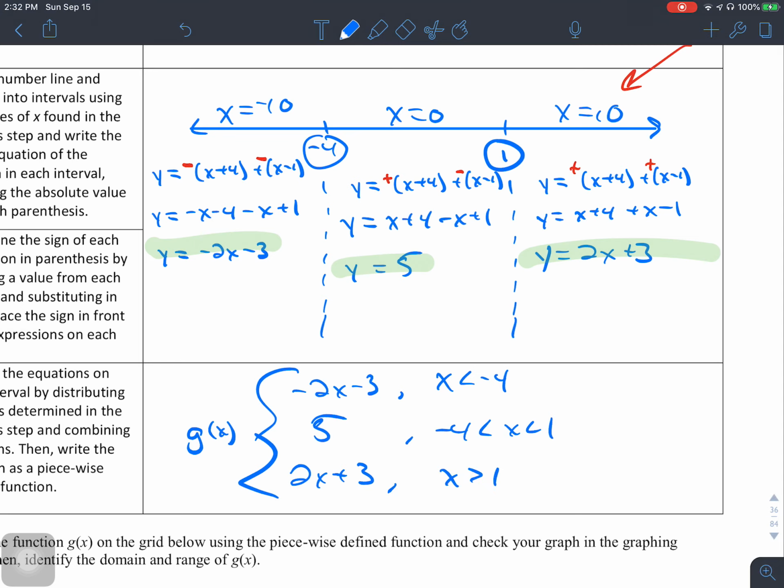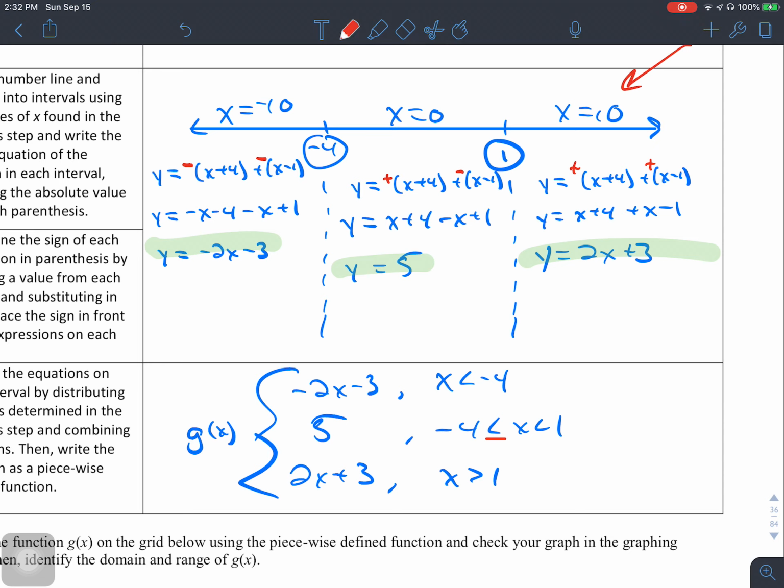Now we're not quite finished. It would be easy to mess this next part up. The way I have this written implies that there's going to be a hole in the graph someplace, because we don't know what to do when x is -4 or when it's 1. Each of these pieces come together. In other words, this is a continuous graph. So to make this continuous,